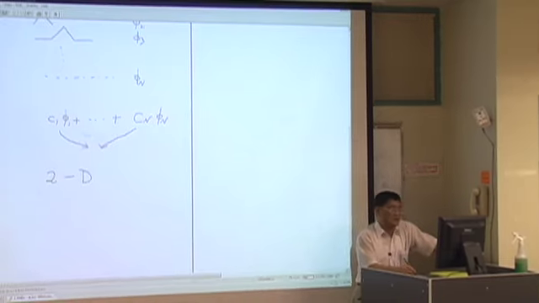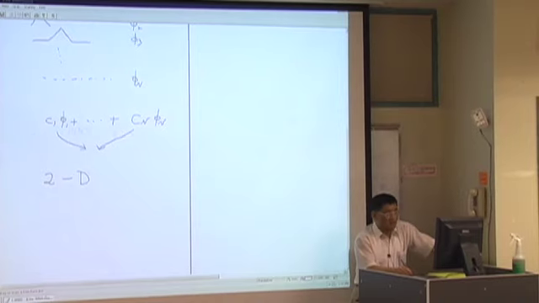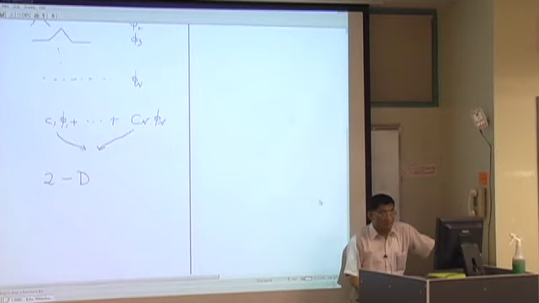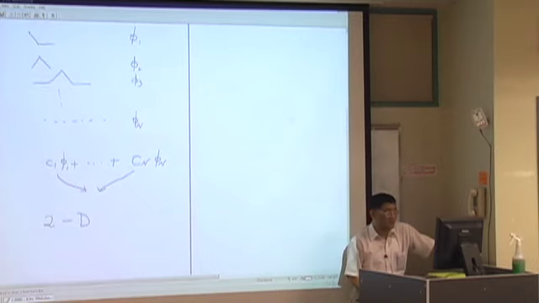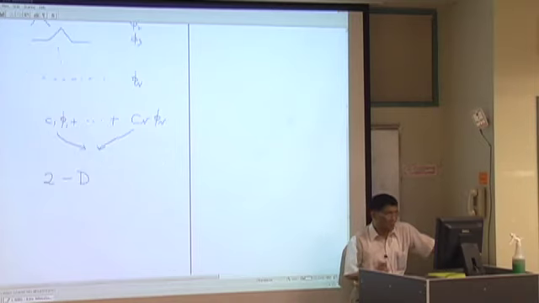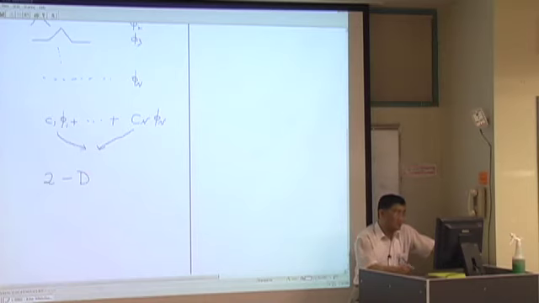Similarity is this thing. This mathematical representation is similar, but what is different? Basis function itself is different. Here, basis function is like this, right? So it's not very difficult to determine the basis function, but now we are handling finite element in different shapes,